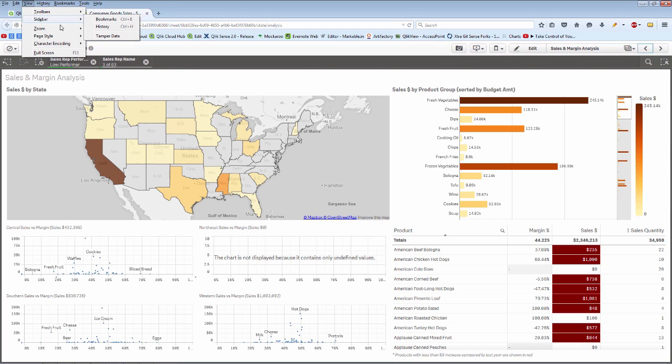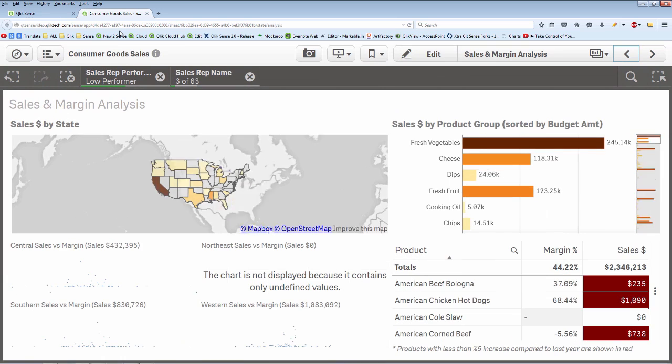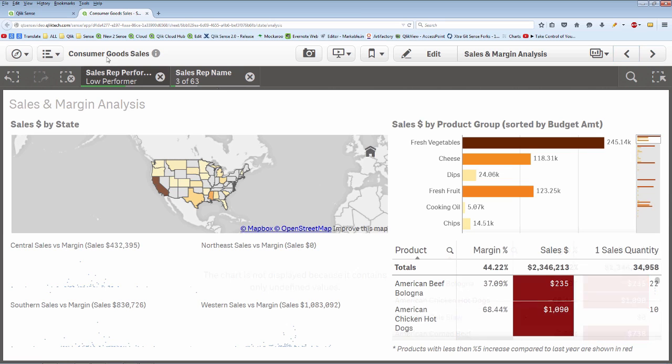Now let me use my browser here. I'm just going to zoom in using the Control+ key on the keyboard, and you can see that these bars that are available here give me an indication of the number of values that are available within the sales rep category, and it's also showing me the shades of gray, including the green. The green is the current set of sales reps that we're looking at. The light gray are showing me the other low performers that are out there, and then the dark gray is showing me the reps that are not low performers. Okay, so let me just reset my zoom here.